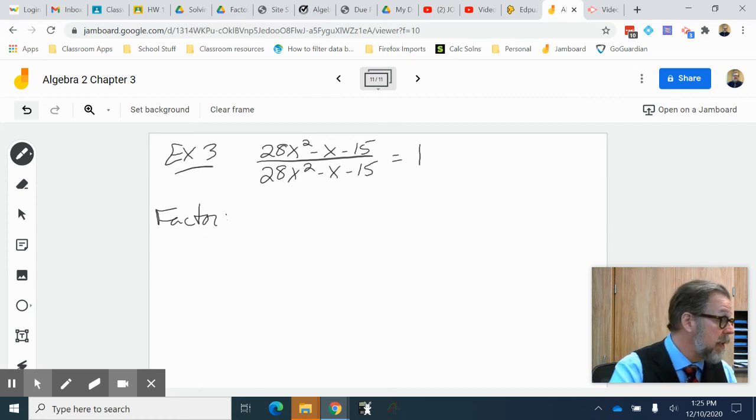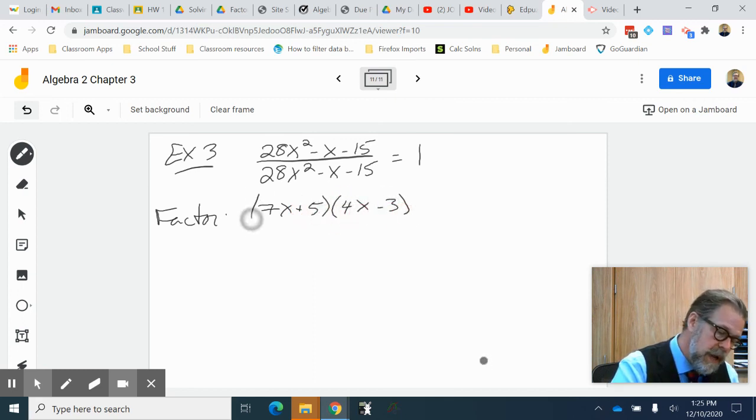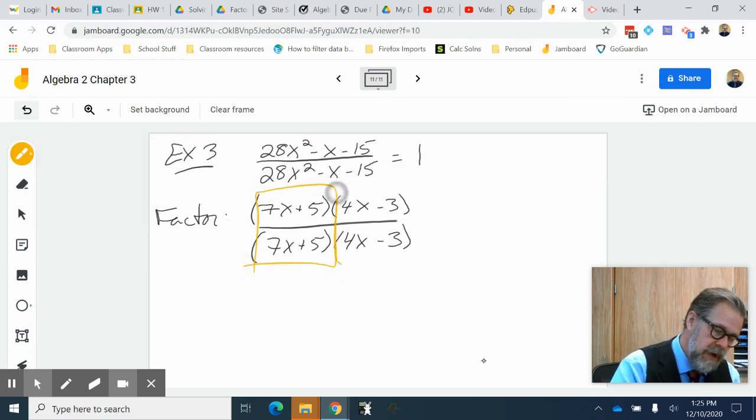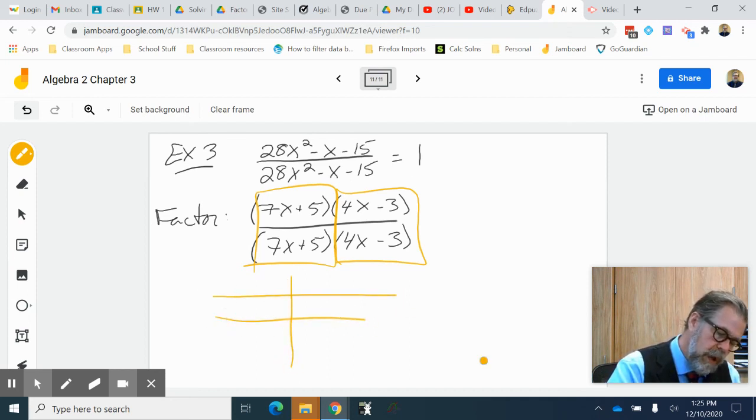And when I factor this, I get 7x plus 5, 4x minus 3, over 7x plus 5, 4x minus 3, and I can immediately see that I have 2 holes in this. This is going to be a horizontal graph with a hole at 3/4 and a hole at negative